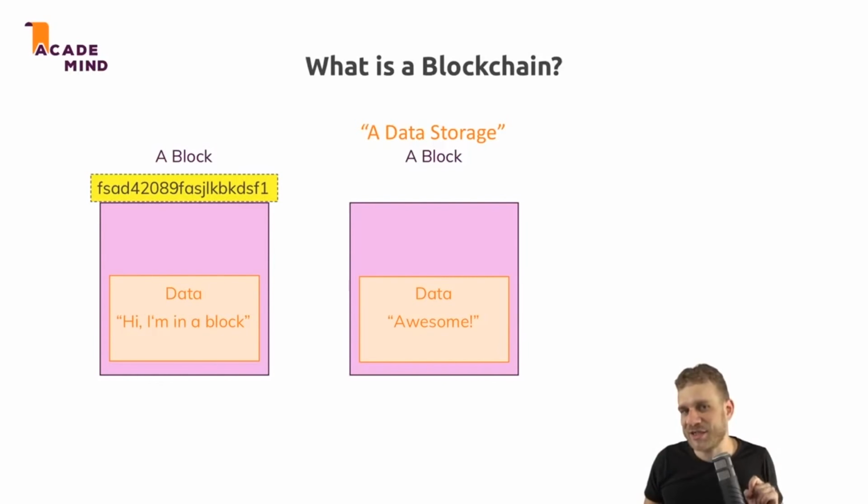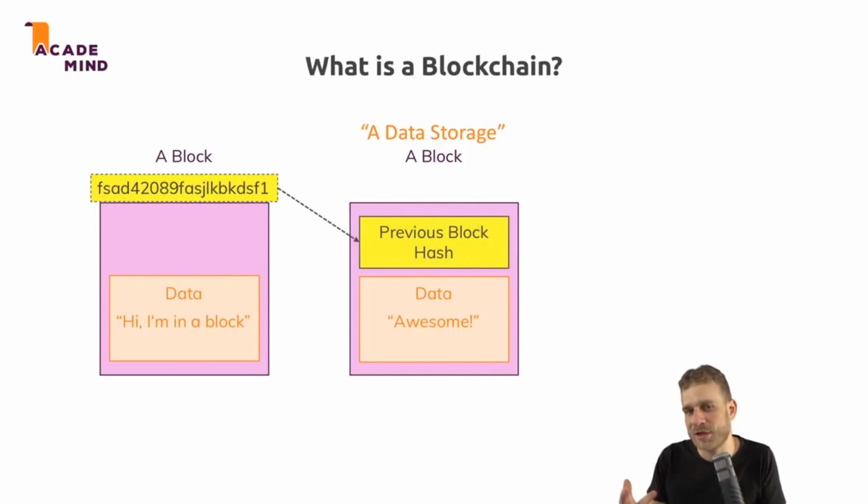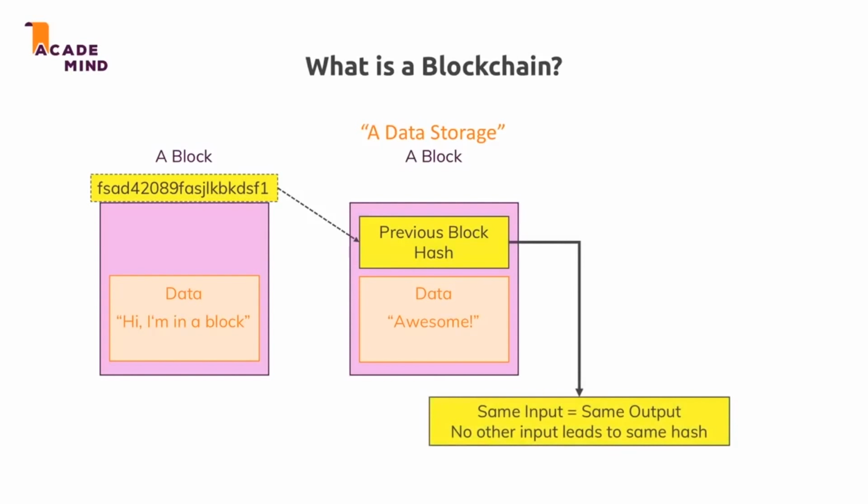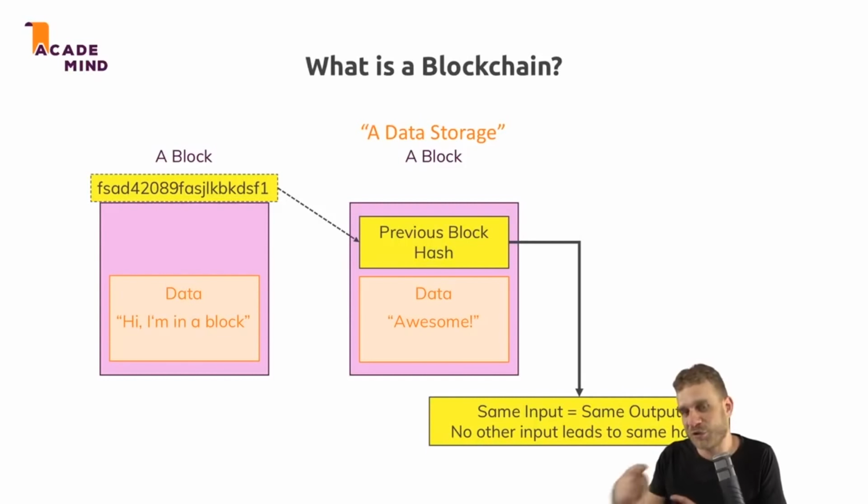And that hash, as it is called, is stored in the next block. So whenever you change the previous block, the next block will detect, hey, the hash I stored doesn't match the recalculated hash for that updated data. Because same input yields the same output. If you change the input, you change the output. And therefore, the next block, which stored the old hash for the old input, would recognize that something went wrong.